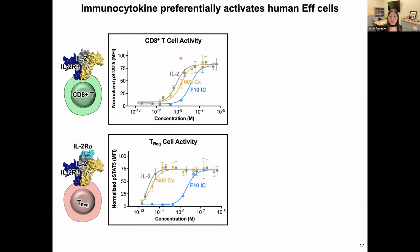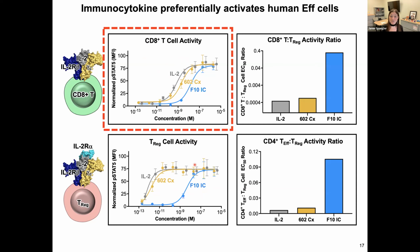Same was true for CD4 positive T cells. Against regulatory T cells, you can see that there was a significant advantage for the F10 immunocytokine, whereas it lost a little bit of activity on the CD8 positive T cells for this F10 immunocytokine formulation. We saw a much more significant 5-log drop in the F10 immunocytokine's activity on regulatory T cells, which led to an overall advantage for CD8s as well as CD4s effector cells compared to Tregs in terms of their activity ratio